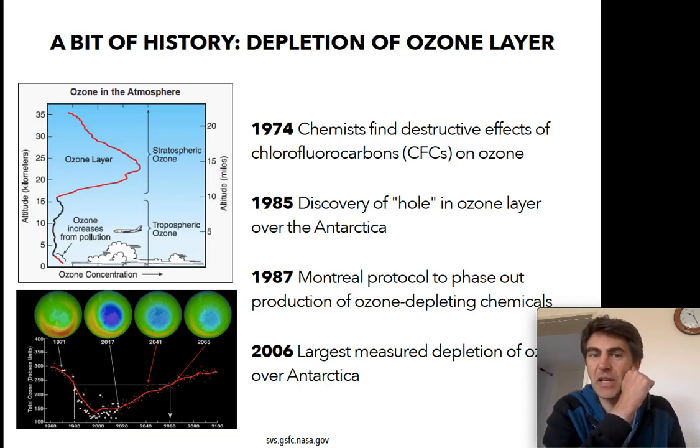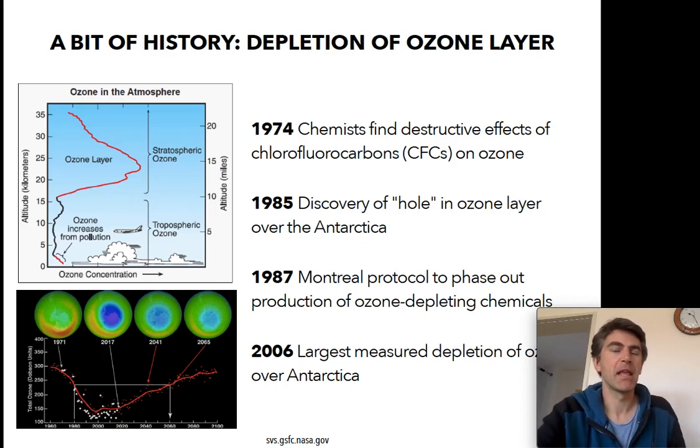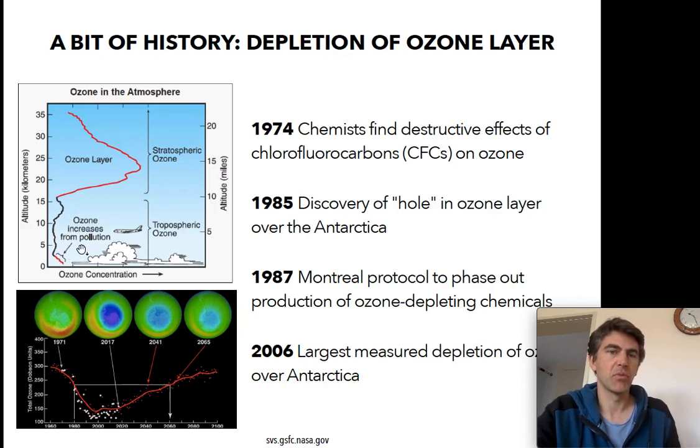Another relatively famous example is that of the ozone hole, which is less so a biodiversity story at this point, but still interesting to note that here the ozone layer, which protects, and we're talking here about ozone in the stratosphere. So stratospheric ozone is the ozone we want. Tropospheric ozone is the stuff we don't want. That's actually increasing from pollution.